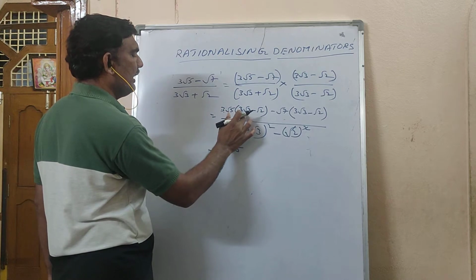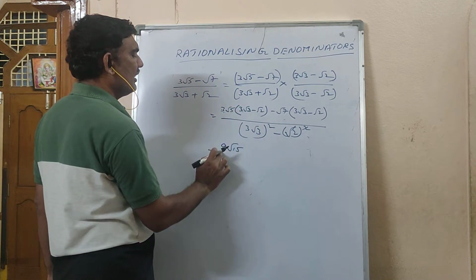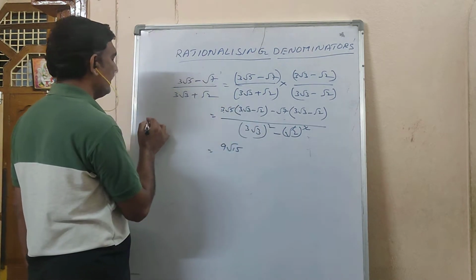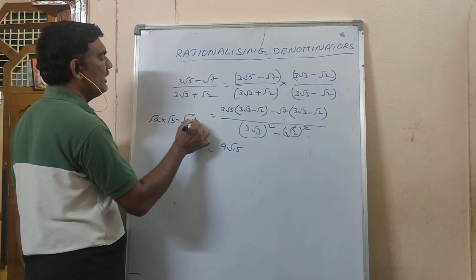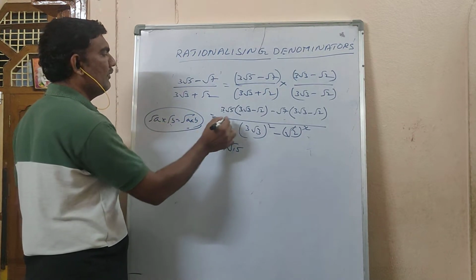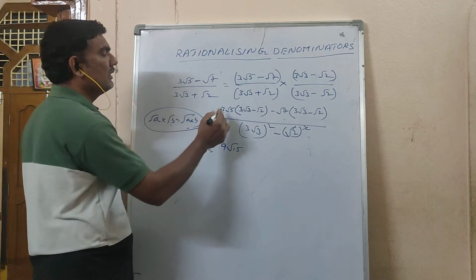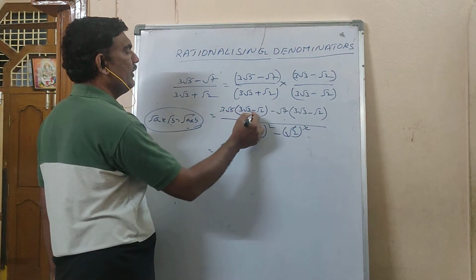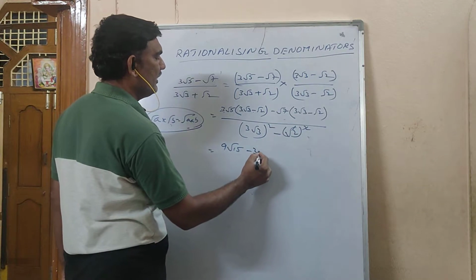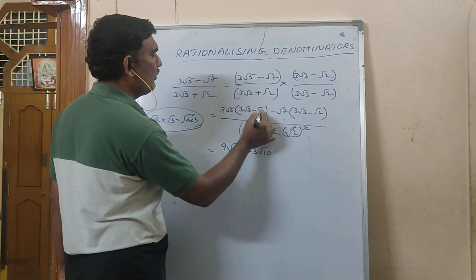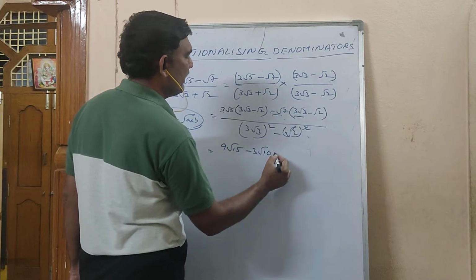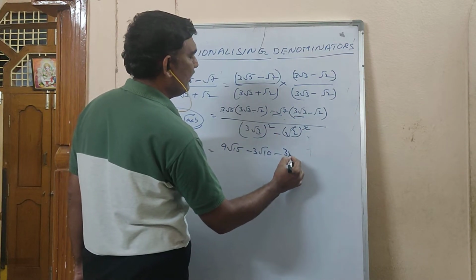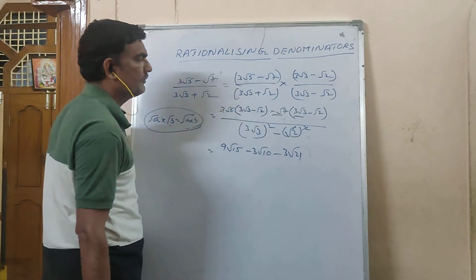These two if I multiply, I get 3 3s are 9, root 5 into root 3, root of a into root b. Root of a into b is the formula. This formula, if you remember, you can write like this. Next, come here: 3 root 5 into minus root 2, minus 3 root 5 into root 2, root 10. With this one, minus into plus, minus 3 root 21.